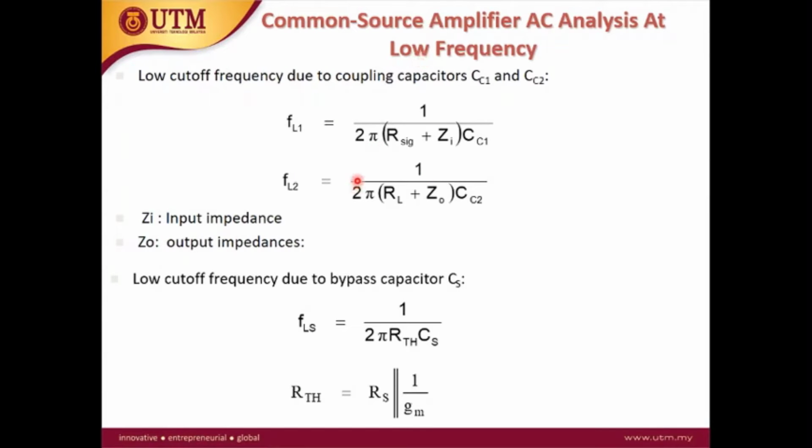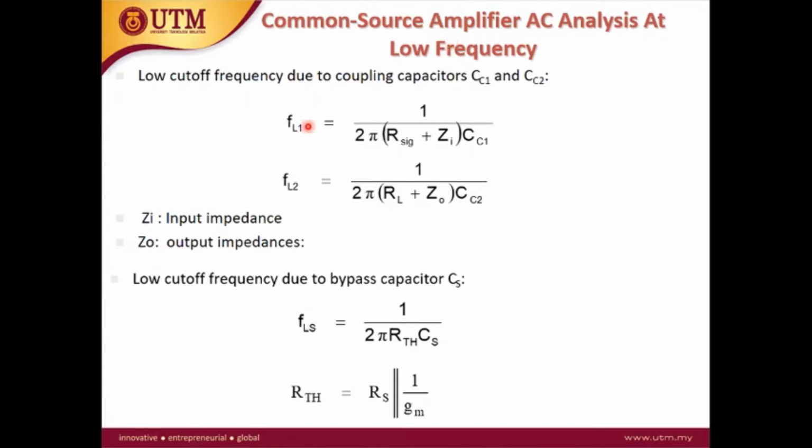So let's summarize the analysis for low frequency and high frequency. For the low frequency, we analyze each case for each capacitor. For example, in the common source amplifier circuit, we have 3 capacitors. The first one is the input coupling, so we'll analyze only when the input coupling appears. The second case is only when the output coupling appears, and the third case is only when the bypass capacitor